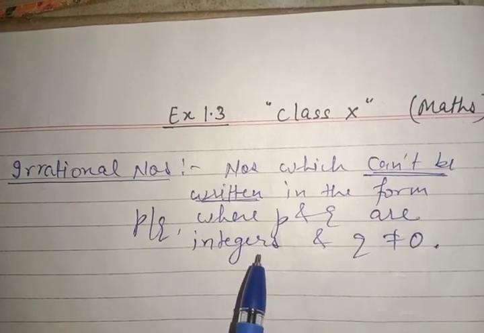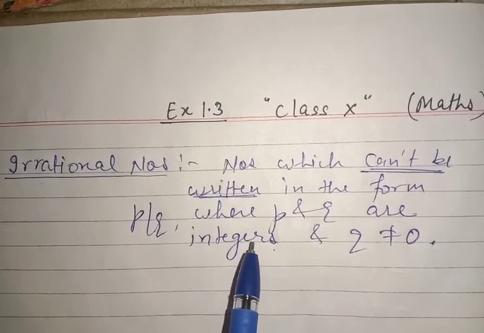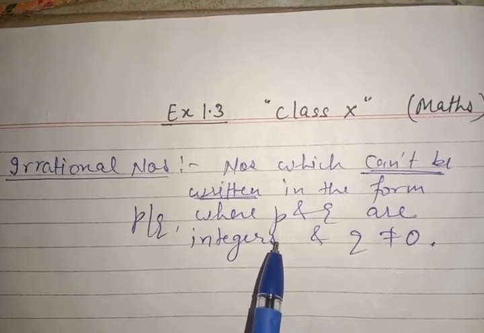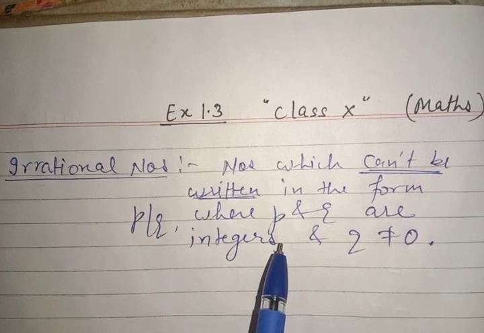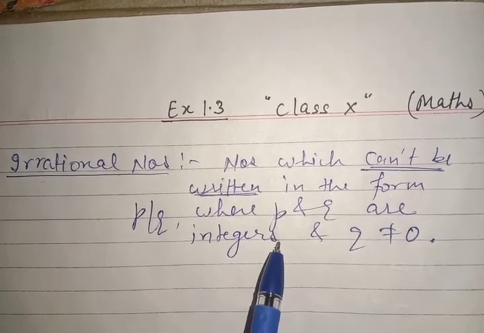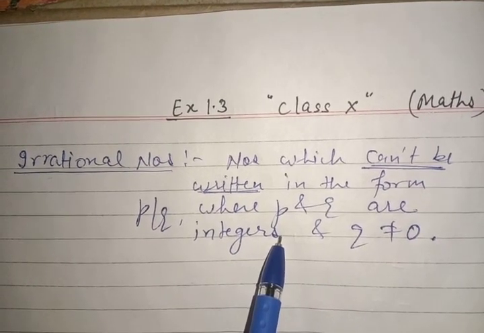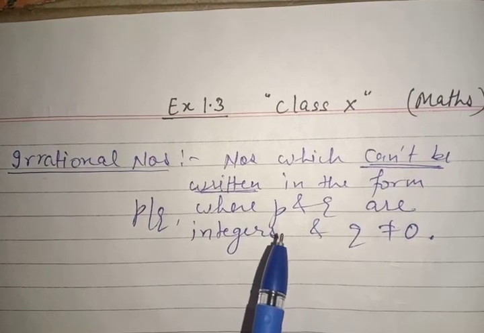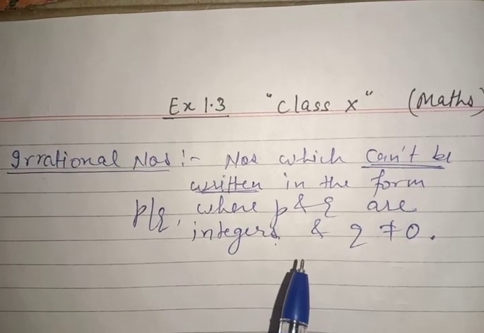So the definition of irrational numbers, the presentation on the number line, how to locate these numbers on the number line, and what is the difference between rational and irrational numbers, all these things you have done in your 9th class. Now we will study them further in this.